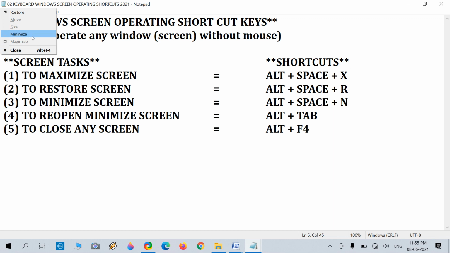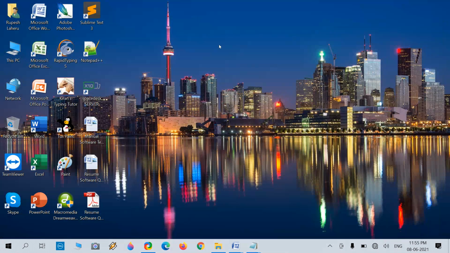For minimize I am using N. Now press only N and it will minimize your current screen, and see the magic of what happened.